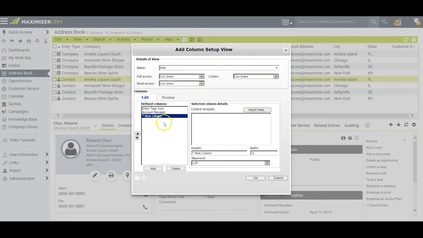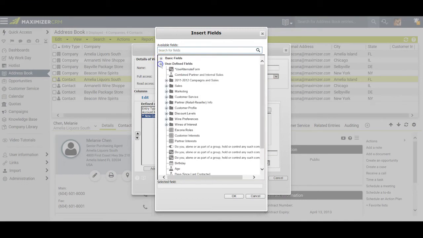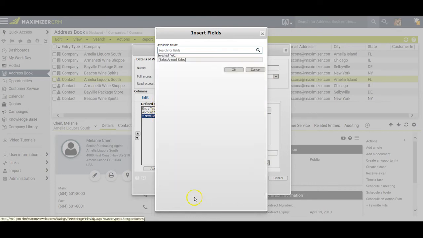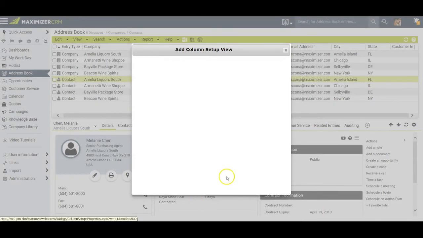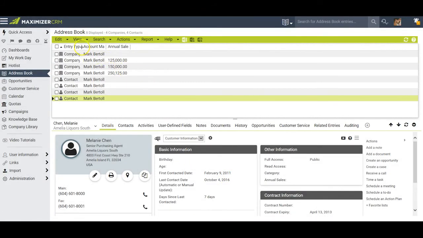I'll click New Column. The space is reserved. I come over here and click on Insert Field, and for sake of argument, I'll close off my basic fields, pick up my user-defined fields, come over into Sales, and I'll pick Annual Sales and click OK, and click OK again, and click Use Now. And there it is. Obviously, I need to have a little more space for things. I make some modifications here as necessary, remembering that Maximizer will remember those changes that I've made,